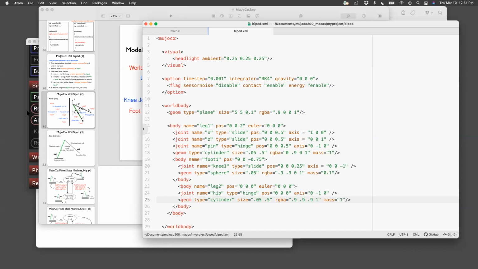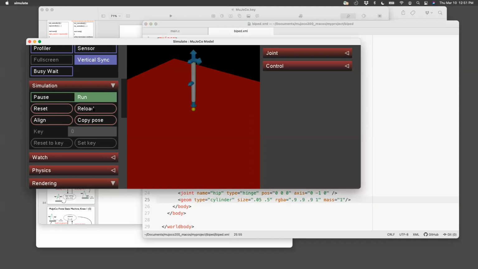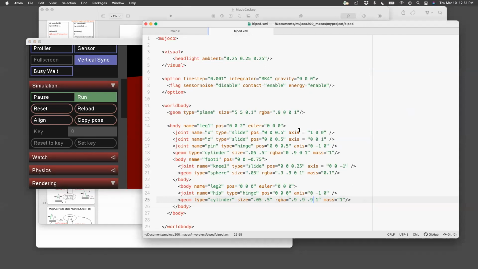Okay, now let's try to see what we get. Okay, so what happened here was the gray appeared on the same place where the green was, and that's not what we want. So what we want to perhaps do is we want to separate these legs out along the lateral direction, along the third direction, so along this axis or the y-axis. So the simplest way to do that is,